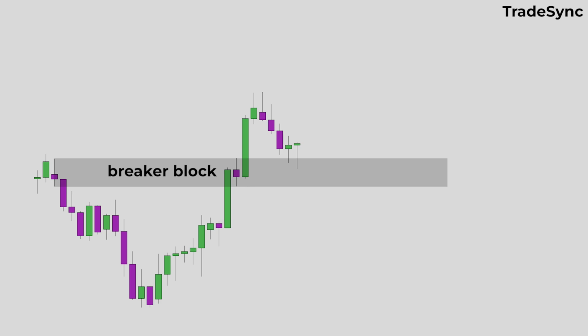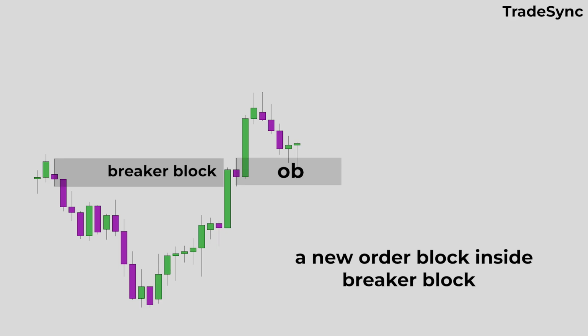Now, look at what forms around the same time. A clean bullish order block forms just beneath the breaker. It's created by the last down candle before the aggressive move upward that broke structure. This gives additional confluence, because now the breaker block is located inside a valid bullish order block. The result is a nested setup, a breaker block inside an active bullish order block. This kind of formation typically offers a strong area for entries, especially when aligned with the overall market trend and